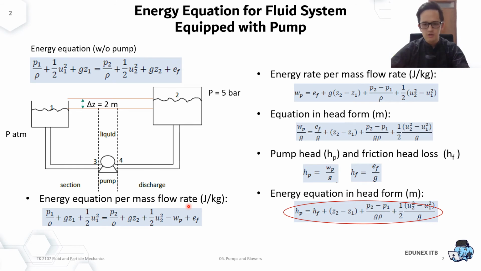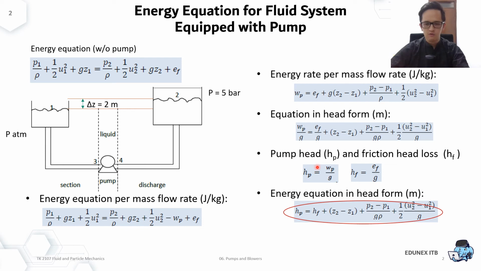So this energy equation can also be expressed in different units. If we want to express it in meter, or we know it as a head, we just have to divide everything by the gravity constant. And the friction term is already modified to make it easier. So let's say now we put the elevation together, the delta pressure together, and the delta velocity together, so we can calculate what is the actual ideal reversible pump work required.